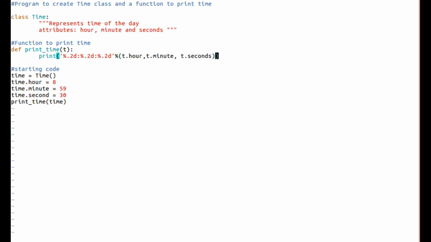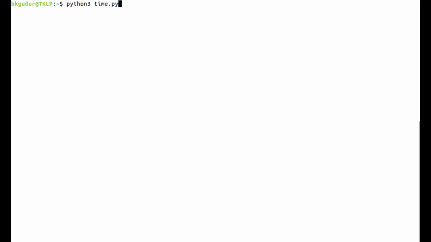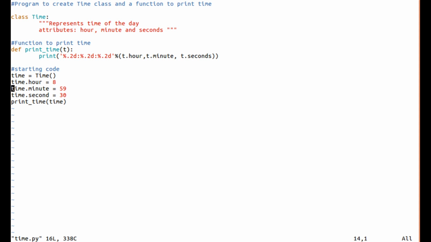Now, one more error: time object has no attribute called seconds. What I have taken here, sorry, here it should be seconds.